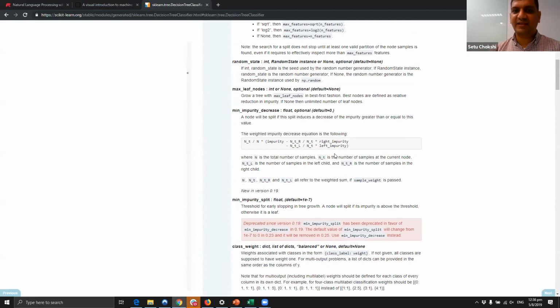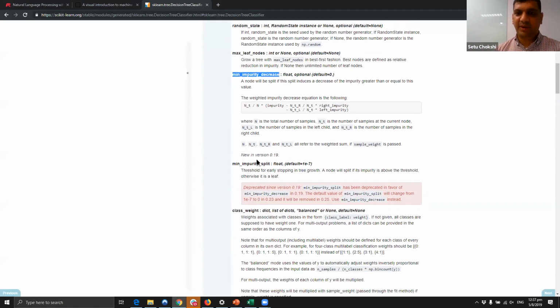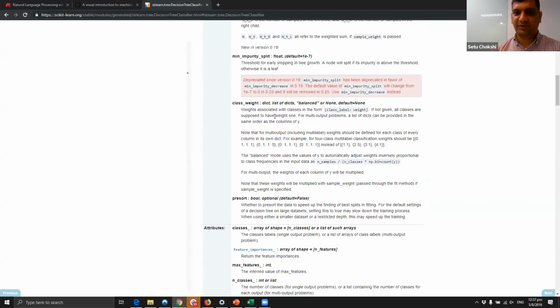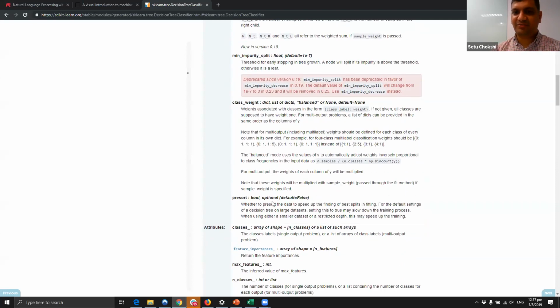And these are some of the other values that you can set. Minimum impurity decrease: I think one of you mentioned that, if I don't get a certain decrease in impurity or information gain, then I'm not going to do the split. Minimum impurity split, again, this factor has been removed, and minimum impurity decrease is what you need to work with. And pre-sort, right? When you sort those values, finding the best split becomes much easier. So that's another way of looking at it.